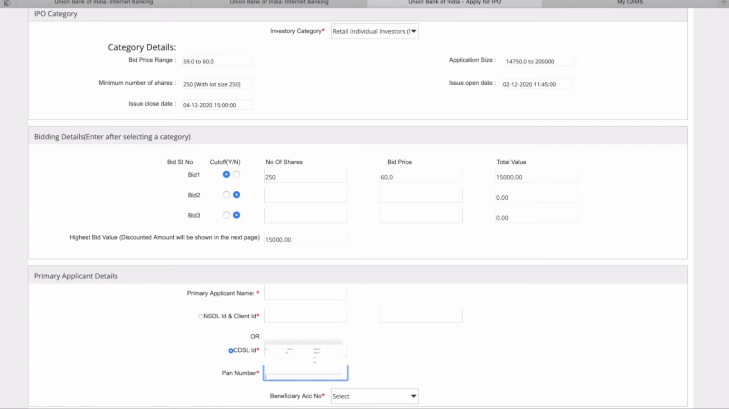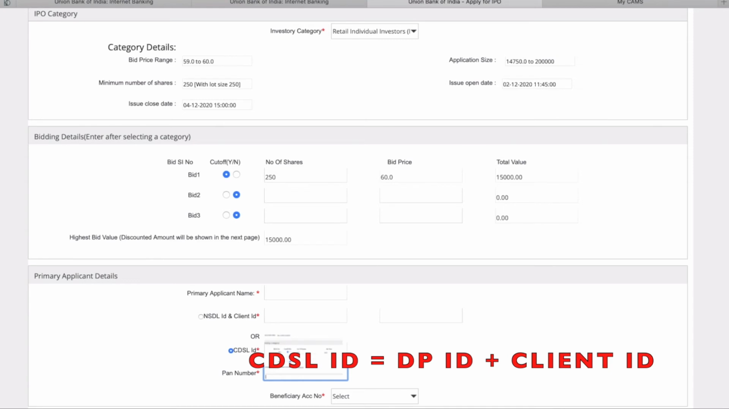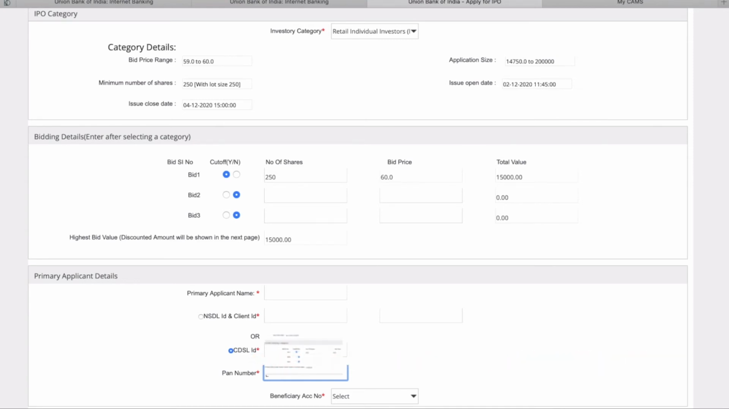Suppose if you don't know what is your CDSL ID, then you can check your email, because when you have opened the demat account for the first time, you will receive an email from the brokerage firm. In that, they will mention the DP ID and the client ID. CDSL ID is nothing but the combination of DP ID and client ID. So if you don't know the CDSL ID, you can manually combine both DP ID plus client ID